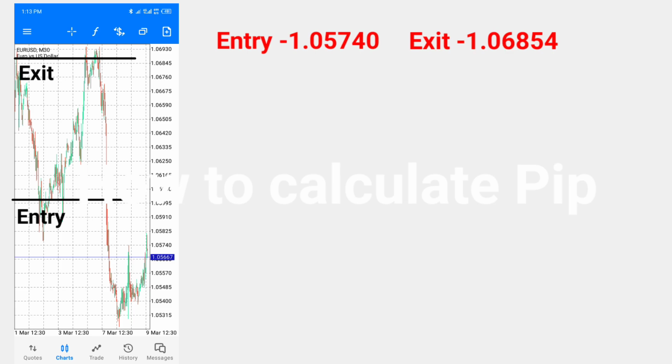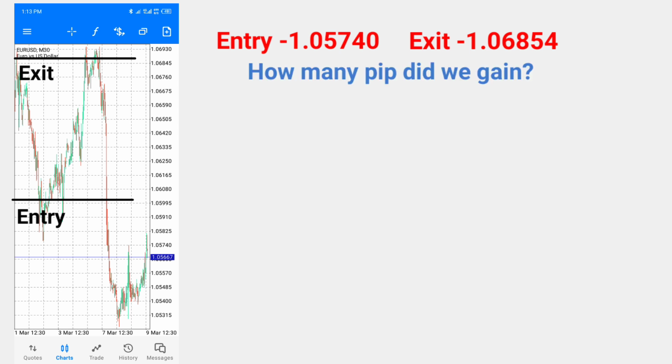If we are to enter a trade at 1.05740 and exit that trade at 1.06854, how many PIPs did we gain? To do this, we'll first need to subtract the numbers. So you can subtract 1.05740 minus 1.06854, and you're going to be getting